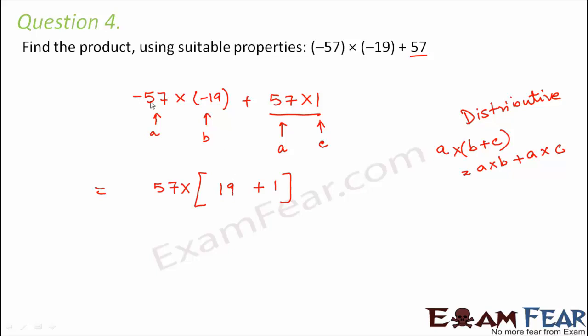Now you might be wondering, where did the negative sign go? That's because this is negative, this is also negative. So negative will become positive. Whenever you multiply two negative numbers, the sign of the product is always positive. So we have ignored the negative signs. So from this, this would be equal to 57 into 20. Now multiplying this is easy. You have a 0, so you put a 0 straightforward. Now 57 into 2 is 114. So you see, by making use of properties, we can simplify the calculations.